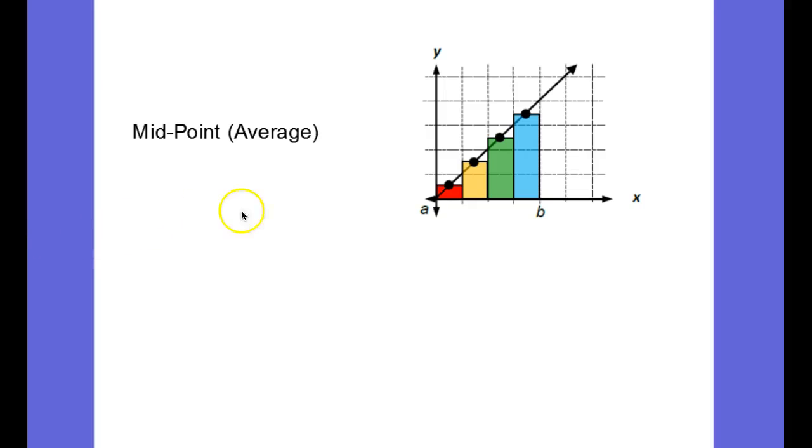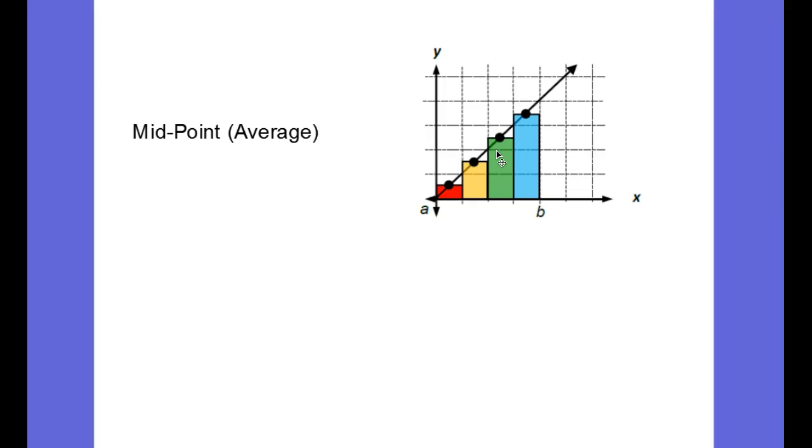So Riemann hit upon something when he found that, okay, this midpoint works pretty well for a straight line, but if it's a curved line, it doesn't work so well. Well, the thing about curves, and this has something to do with the tangent line problem, is that if you look at smaller and smaller intervals on a curve, they look like lines. As a matter of fact, you can consider a curved function to be an infinite number of points with tangent